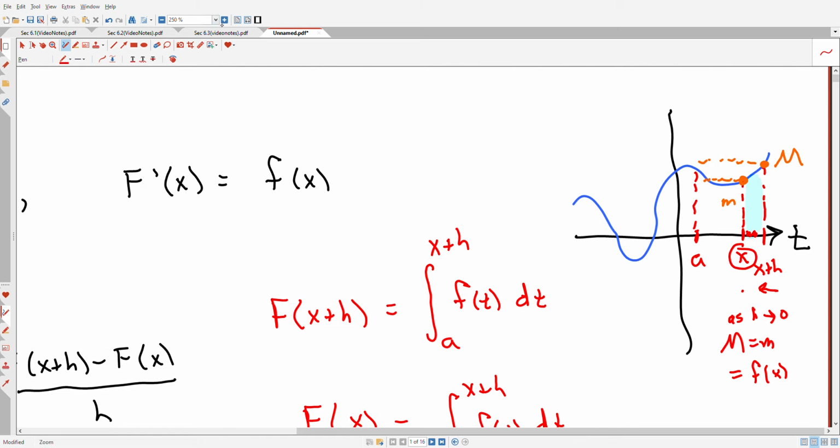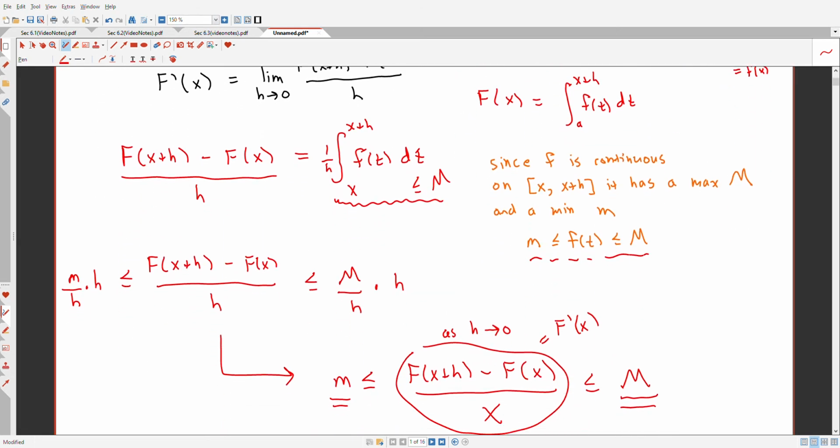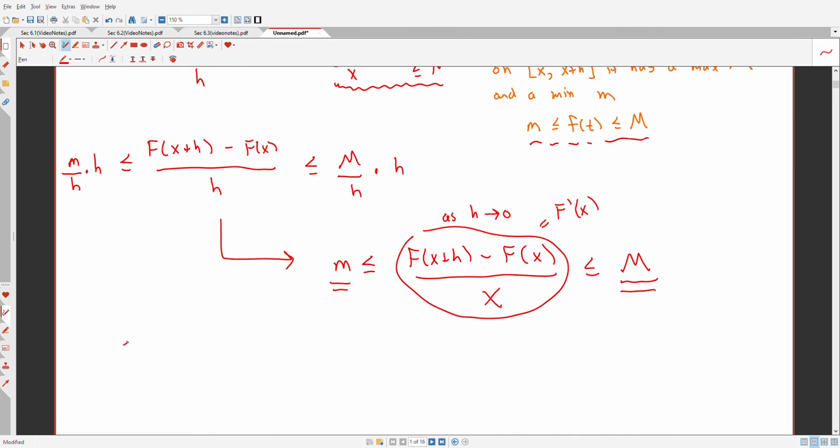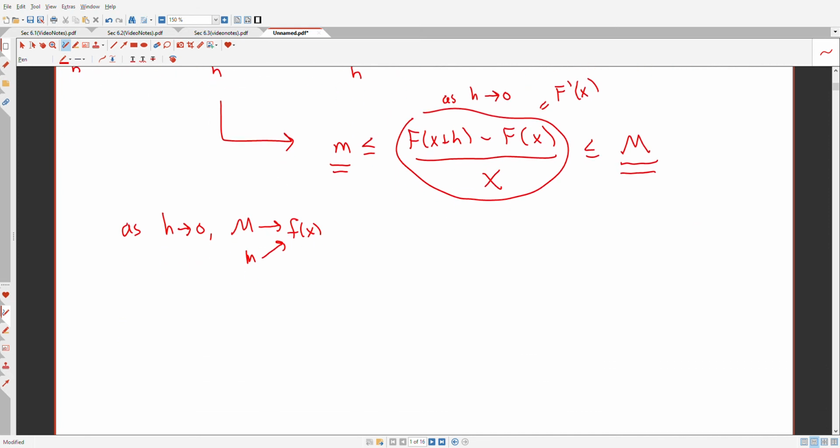So as h goes to 0, capital M and lowercase m both turn into just f of x. And so what that tells us is that f prime of x, that's the limit of that fraction I circled as h goes to 0,